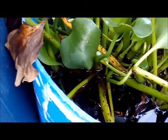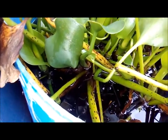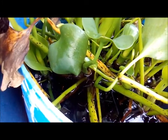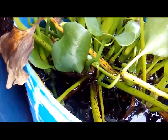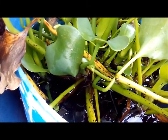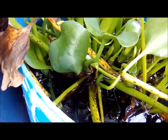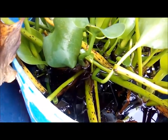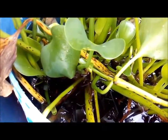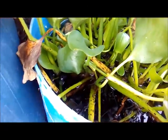But points to note, barbels actually go back, right? What the pictus catfish and the curry catfish do is actually stir up the sand when they are searching for small microscopic organisms, and the filter will actually take up the filth that is stirred up within the tank. You have a very strong filtration system, where the filtration system actually takes up